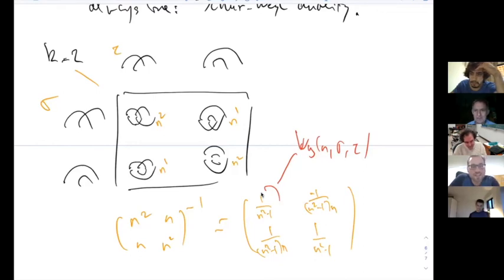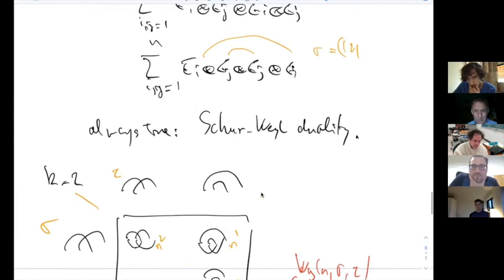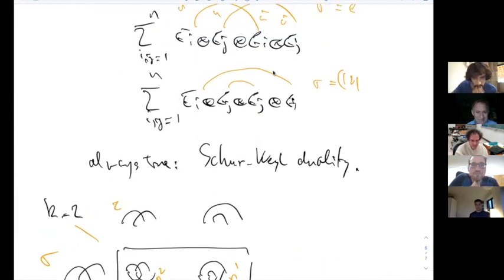Yeah. And another short question: these entries with these circles, that's the scalar product between permutations, right? Like the trace of sigma times tau. Yeah, exactly. So if you compute the scalar product of this and this, you just have one degree of freedom, which is the number of loops. Okay, cool.